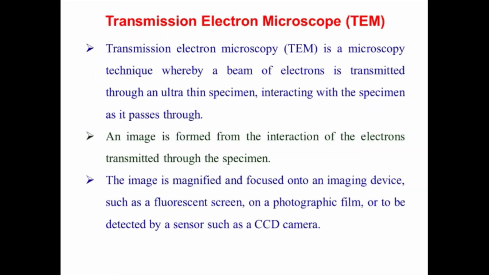Another important microscope is the transmission electron microscope. So here the acceleration potential, or the energy with which the electrons are accelerated, is quite high. It ranges from 80 keV to 200 keV or 300 keV, a very large amount of kinetic energy. Then it is possible for the electrons to pass through the material. So the name itself tells that the transmitted electrons will be used to generate the image.